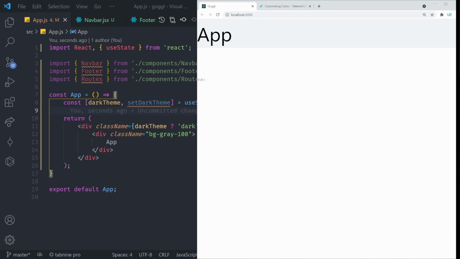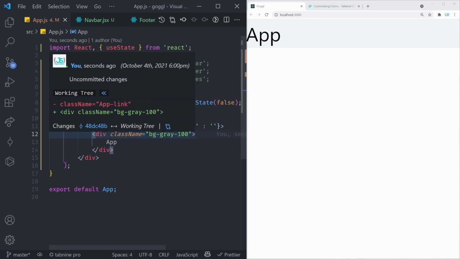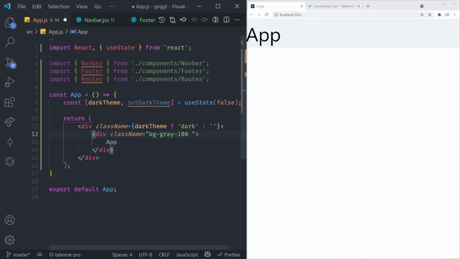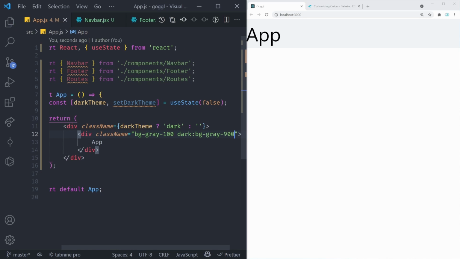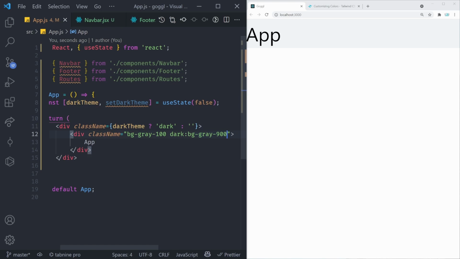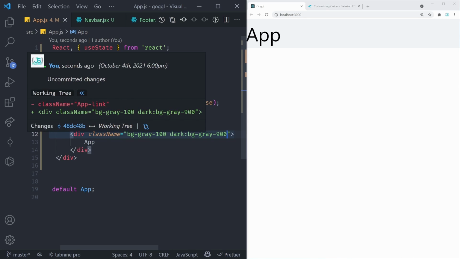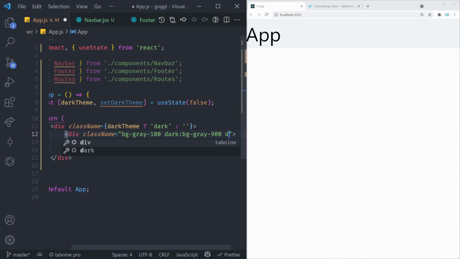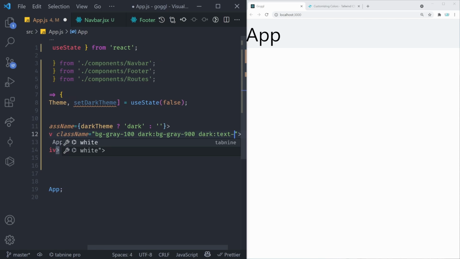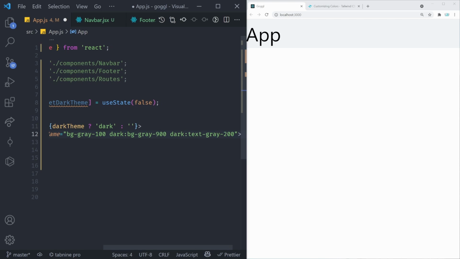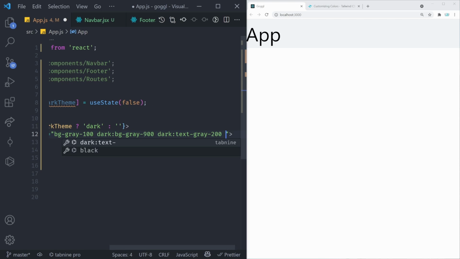I'm going to put this back on the side, and the second class I'm going to provide is I'm going to say dark and then colon, BG gray 900. This is saying if we are in the dark mode, then instead of BG gray 100, do BG gray 900. So this is how we switch the modes. Then on dark mode, so dark colon, we also want to change the text. So we can say text gray 200. And we're going to say